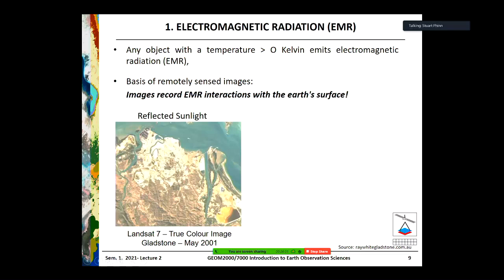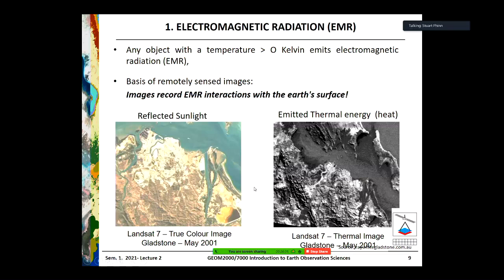So that's reflected sunlight. So that's sunlight hitting the surface and coming back, whereas on the right, this is emitted electromagnetic energy. So it's not sunlight hitting the surface coming back up, it's because the Earth's a certain temperature and it's emitting energy, electromagnetic energy as well. So the water bodies are the coolest, and then as you go to different land cover types, it gradually heats up, except for where you happen to have basically heated water coming out of the power plant there and going